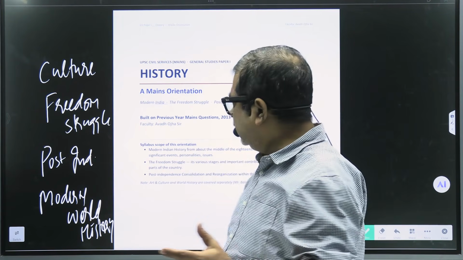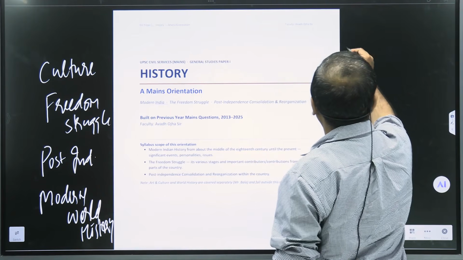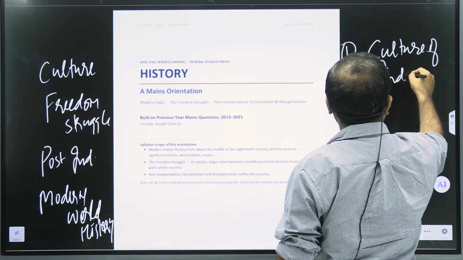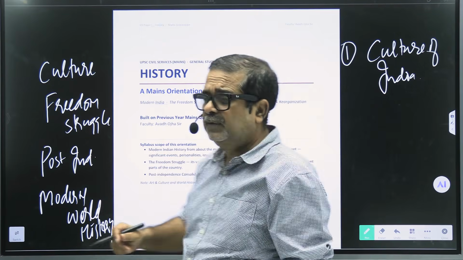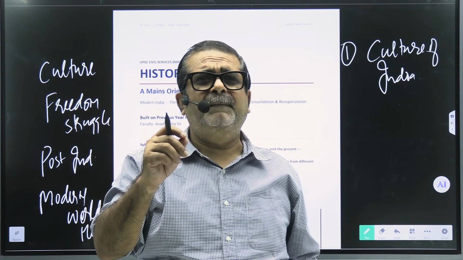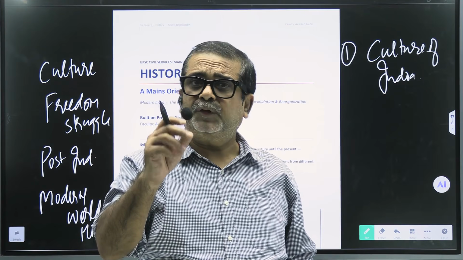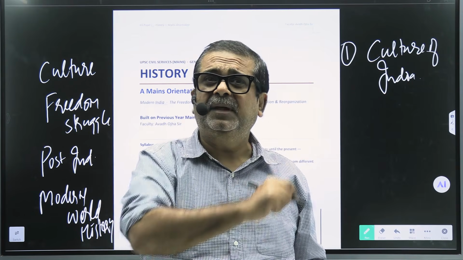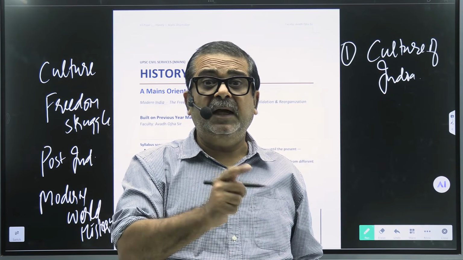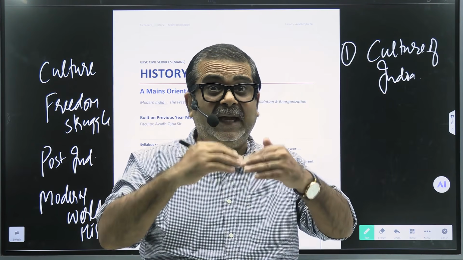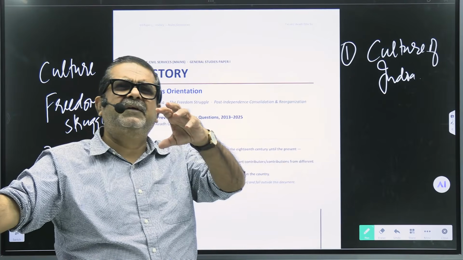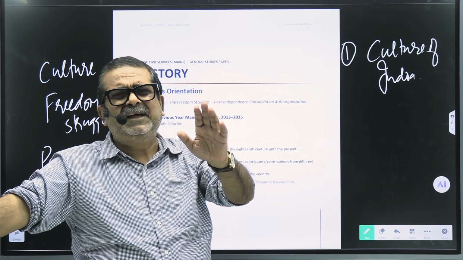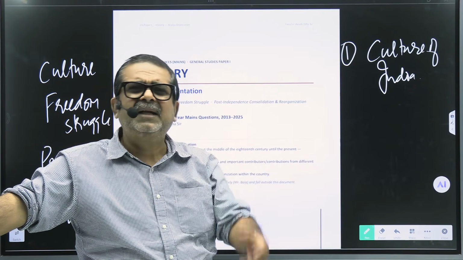Now the point is, what is the objective behind all these 4 pillars? Culture of India. What is the importance of culture? It tells you about the social structure, economic status, philosophy, and above all, the economic activities. All these things are related with culture. For example, take the 2 festivals, Holi and Diwali. They are directly related to the economy, the agricultural economy.